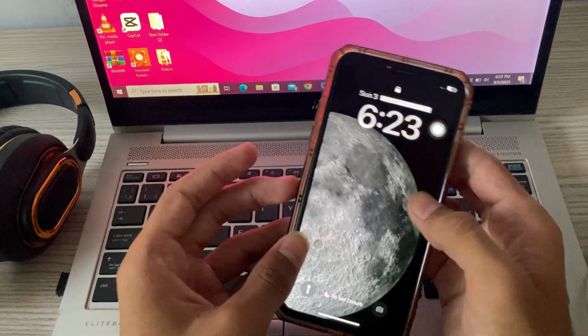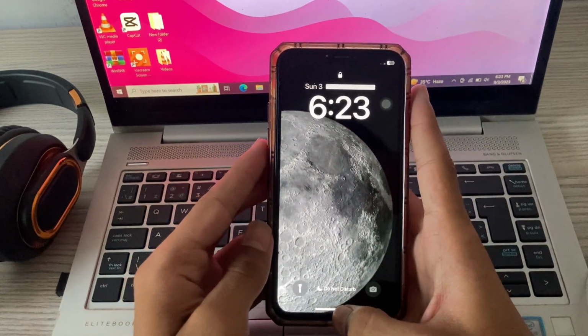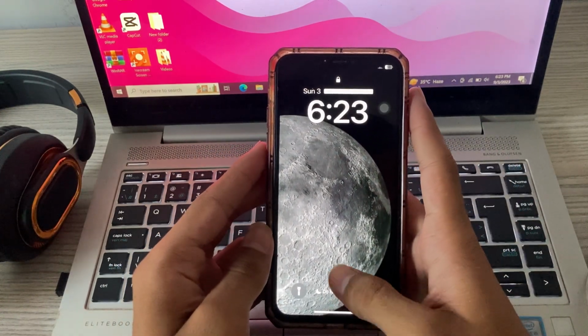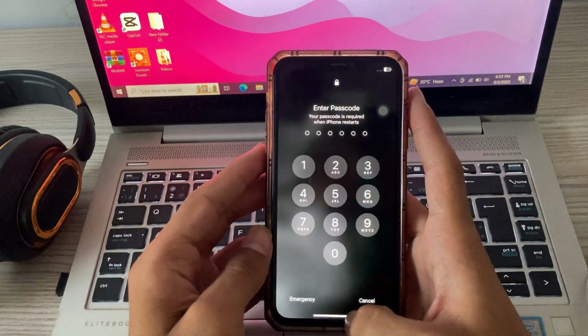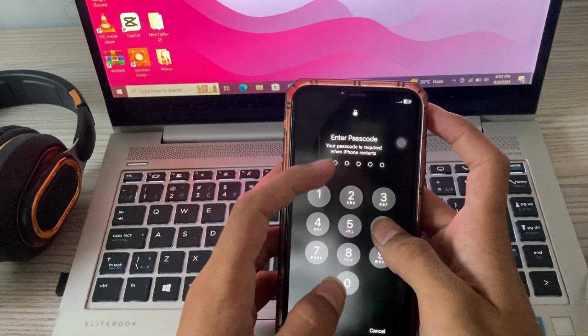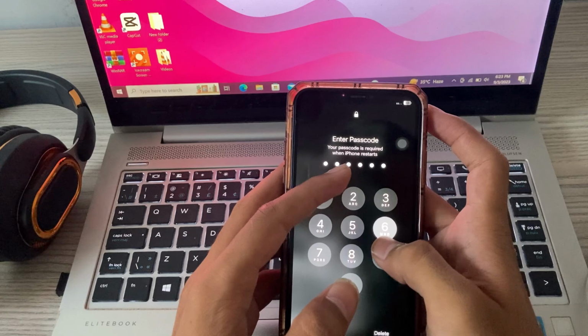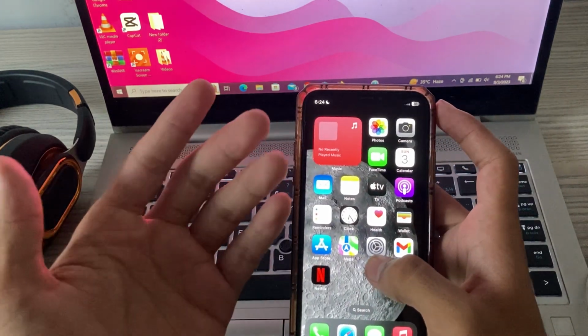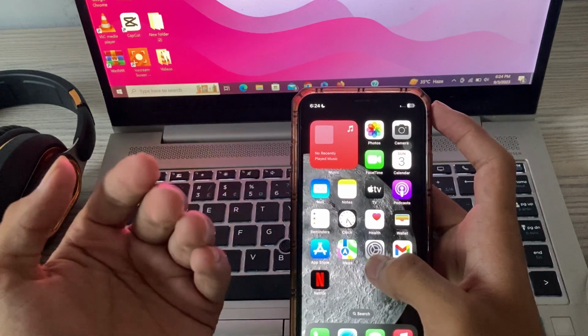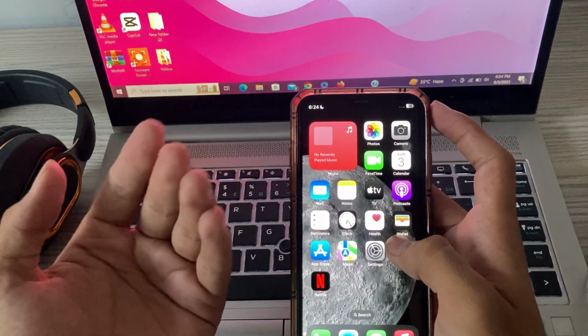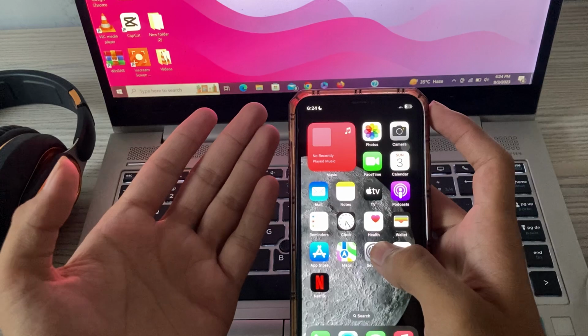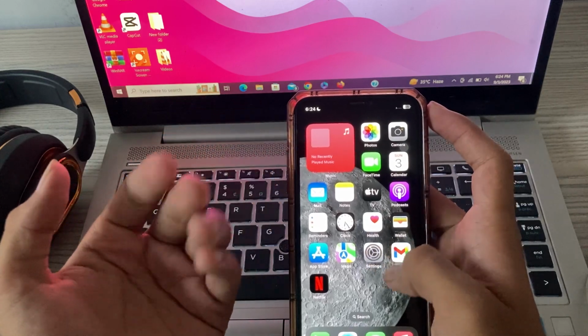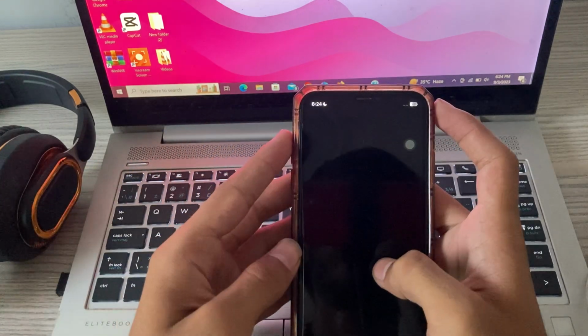After restarting your iPhone, if this problem is still going on, then try solution number 2. Offload and restore your app. So guys, the app which is crashing again and again, go to that app. Like my FaceTime was crashing and it is not working, and I will go to settings,